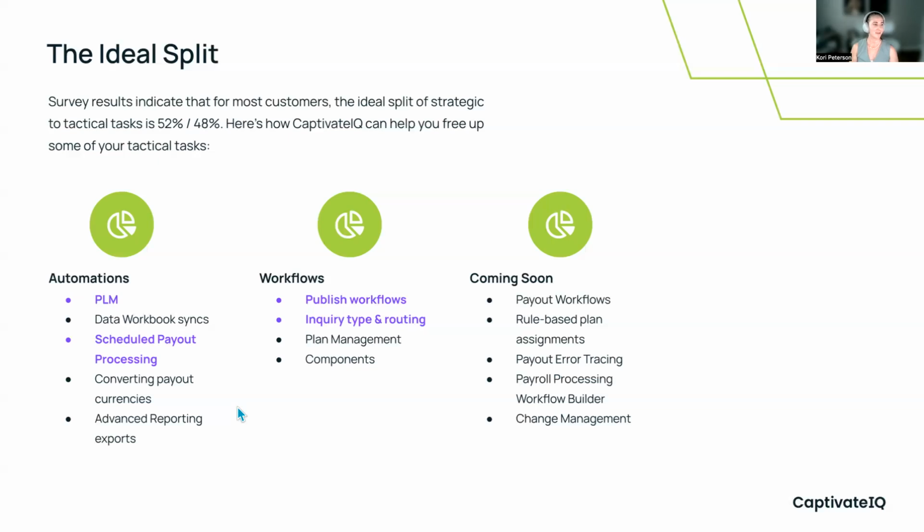Okay, first chat. Perfect. Hey, Molly says plan management. Yes. Ooh, advanced reporting exports. Yes. See a big need for that. Ooh, the data syncs. Yep, pulling into the data workbooks. I think everybody should be on data syncs if you have a data connector, that's just my opinion. Yes, love the data syncs, the publish workflows.